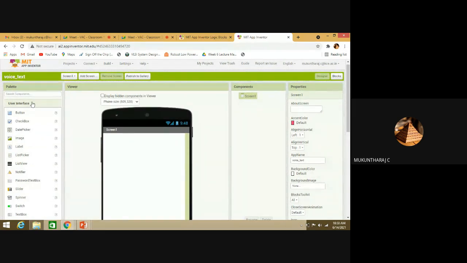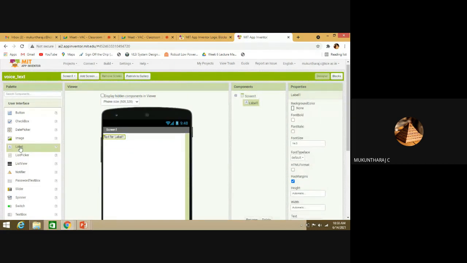So as our first project, voice to text, right? What I have shown you is first I have shown you a label, right? If I pick the label and place it on the screen, it is going to be available like this. Then if this label should be filled to this horizontal area, what I should do is click a label,